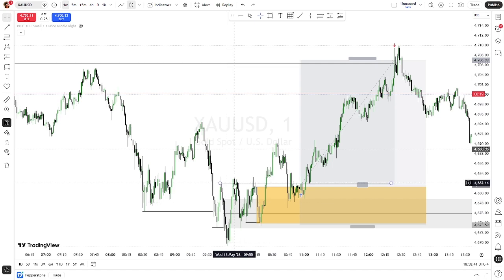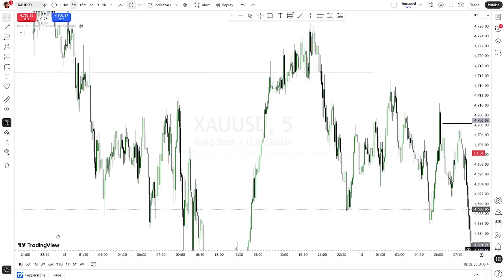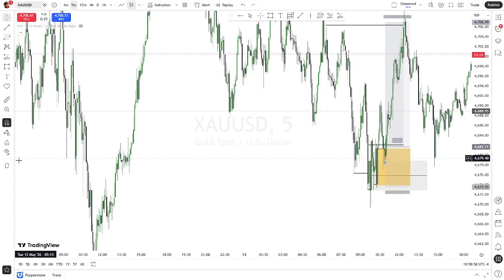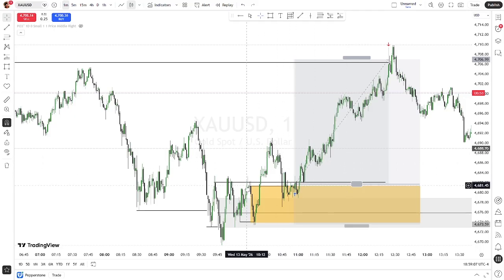We can see that we pushed to the upside, came and tapped, played in the discount area of that order block and of that fair value gap. We came and tapped into that order block deeper into the discount area. Then we created a minor order block inside of that order block, which is over here. We took the sell side liquidity, the internal one, and then we pushed to the upside,